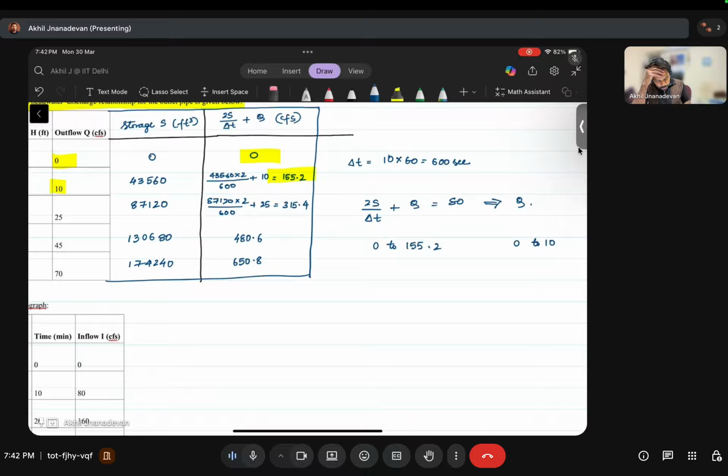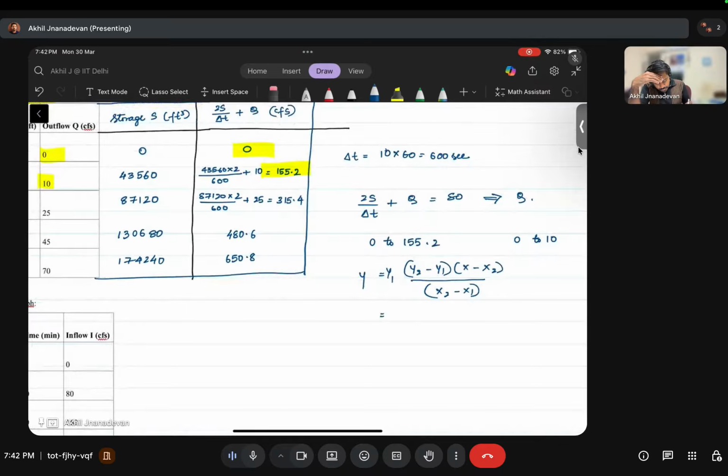If you do a linear interpolation, then y will be equal to y1 plus (y2 minus y1) into (x minus x1) divided by (x2 minus x1). This is the formula for linear interpolation, right? So here our y is nothing but our Q, so Q will be y1, that is Q1, equal to 0, plus